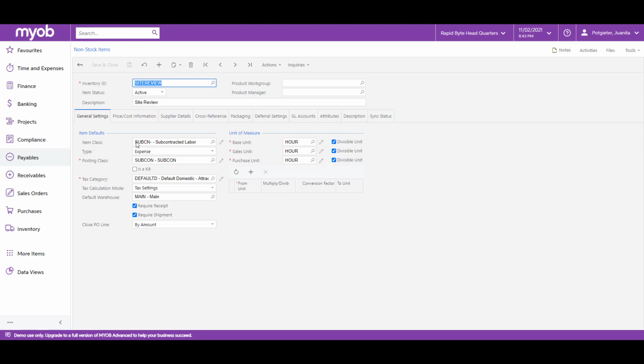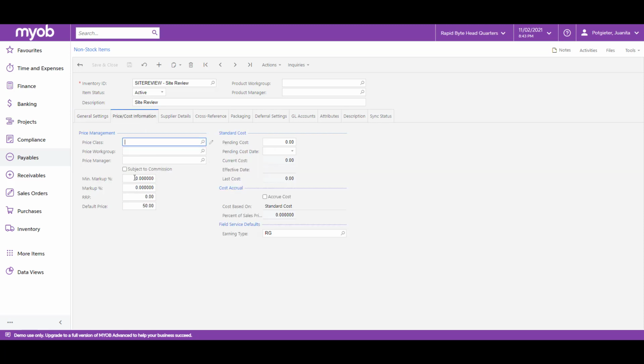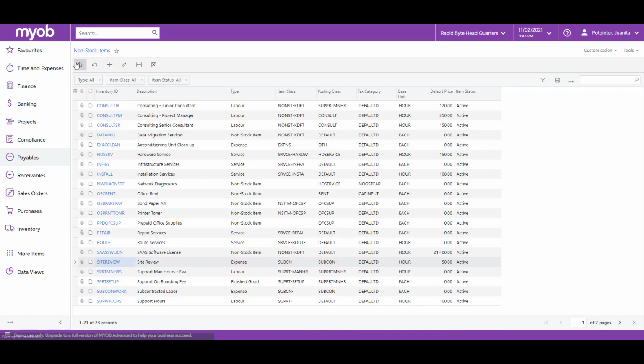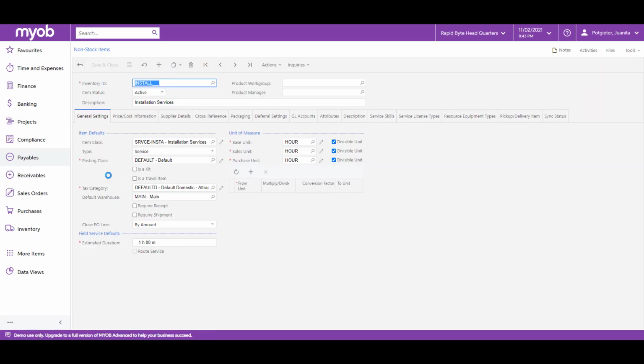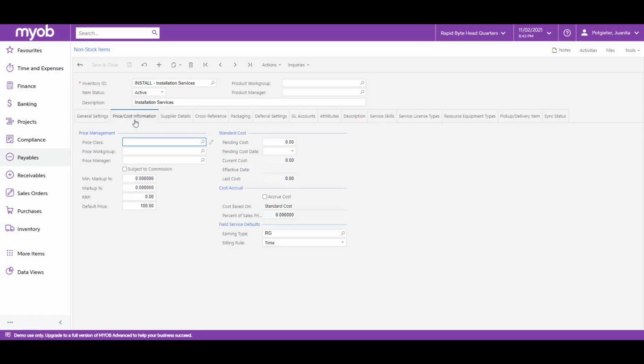We have updated the default cost on the Pricing Information tab to 50. Looking now at our installation non-stock item, we see that the item class is Installation Services, the type is Service, and the posting class is set to default. The unit of measure is by hour, and on our Price Cost Information tab, the default price is set to